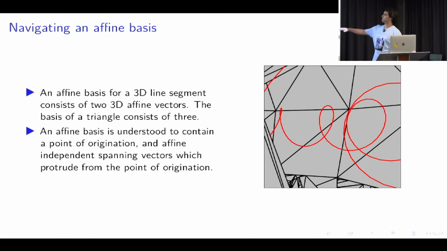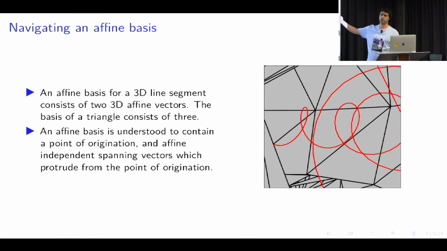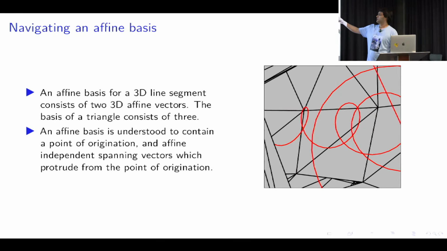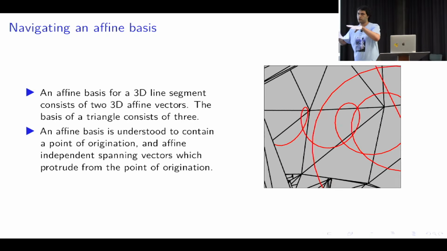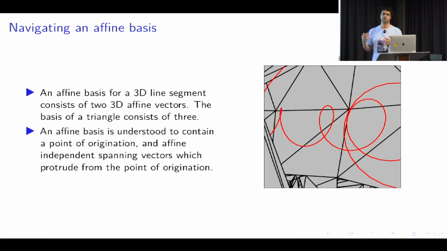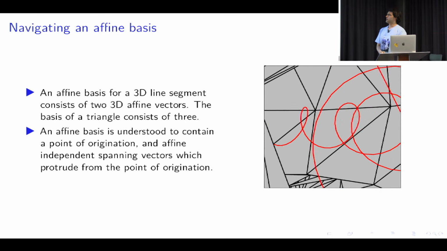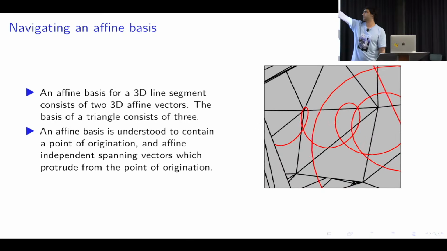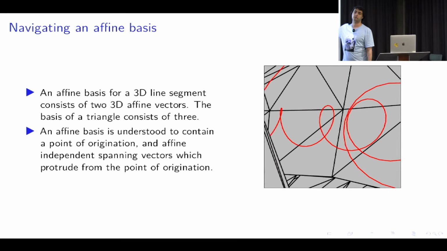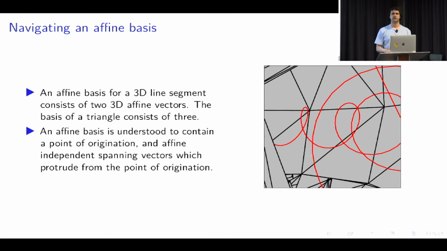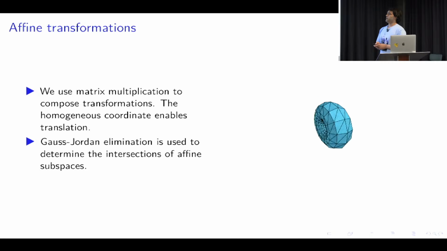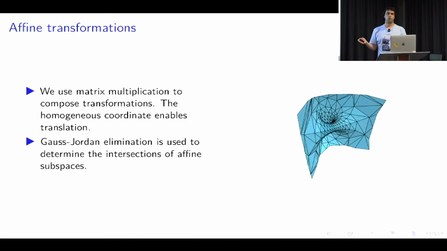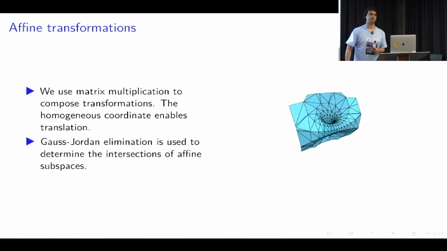Yes, in this diagram, actually, we use inverse affine transformations. Normally, depending on which perspective you take, they're both valid. You can decide to move the camera or move the objects relative to the camera. I like to move objects relative to the camera. So I take the transformation that moves the camera there, and I perform the opposite of it on everything else. It's called an inverse affine transformation, and it's usually how cameras are achieved in graphics. We use matrix multiplications to compose transformations. And the homogeneous coordinate, which is the number 1 at the end of the affine vector, is what lets us do